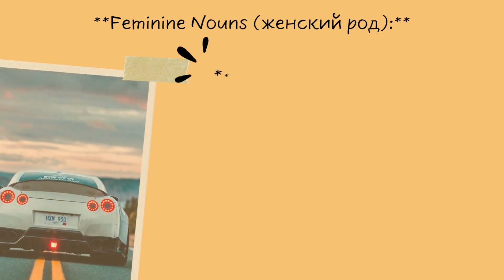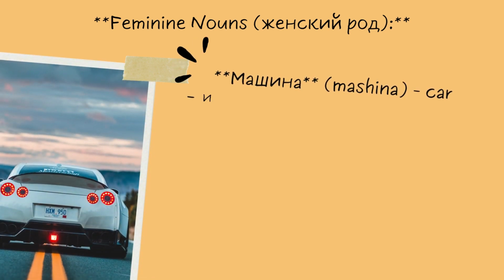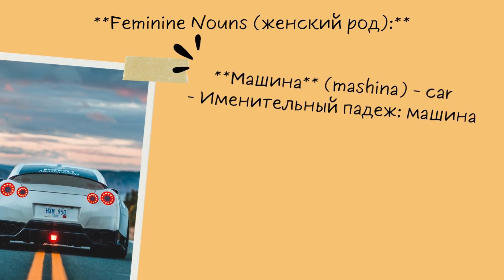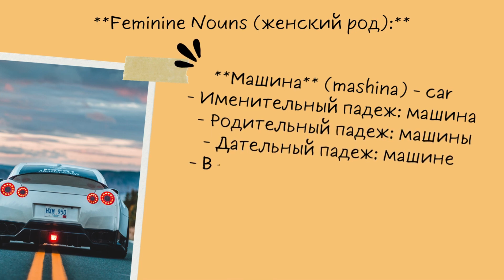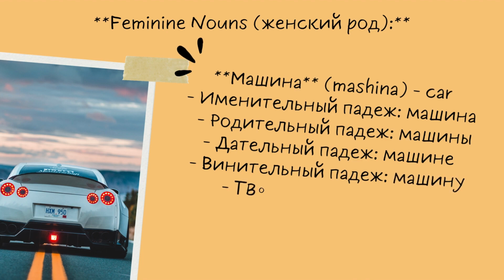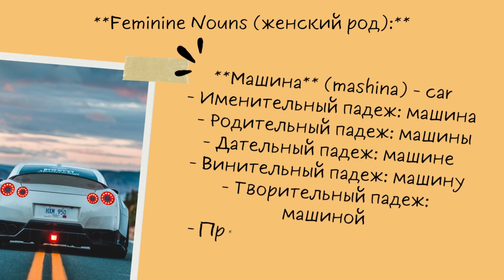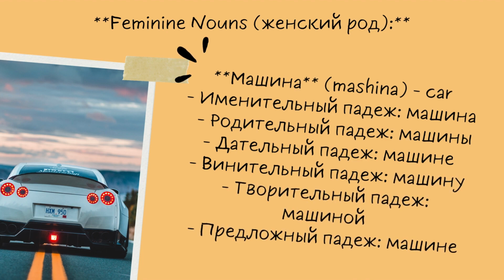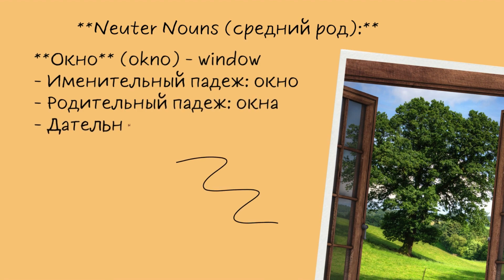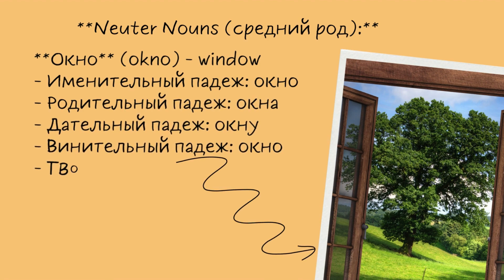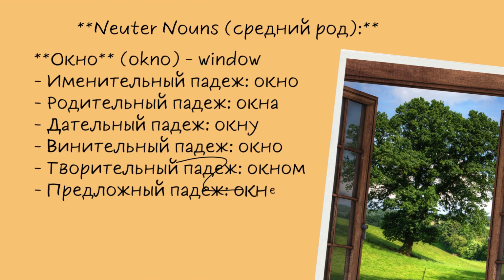падеж, книге. 2. Машина, car, именительный падеж, машина, родительный падеж, машины, дательный падеж, машине, винительный падеж, машину, творительный падеж, машиной, предложный падеж, машине. Neuter, окно, window, именительный падеж окно, родительный падеж окна, дательный падеж окну, винительный падеж окно, творительный падеж окном, предложный падеж